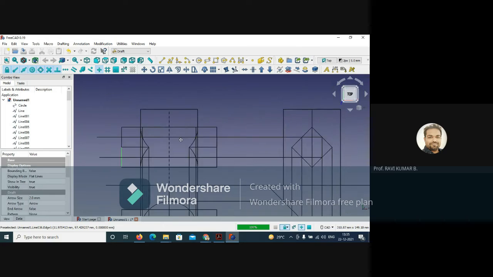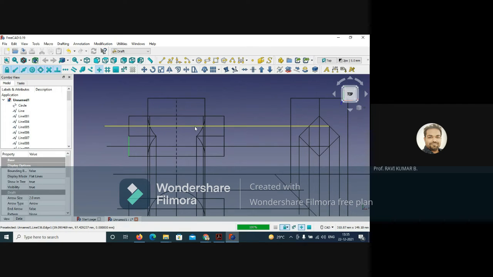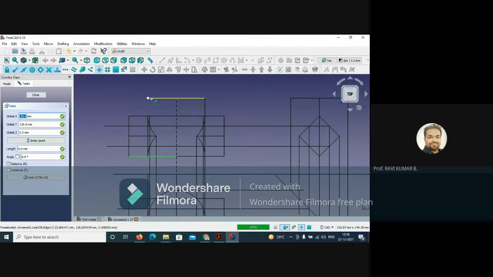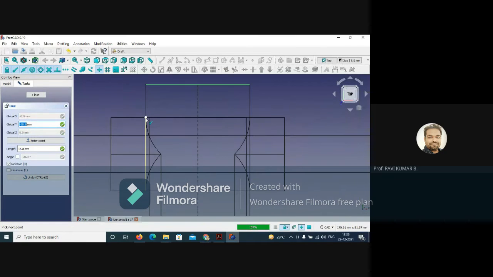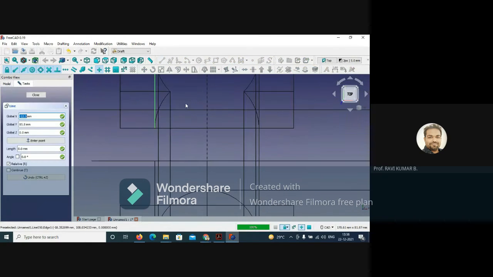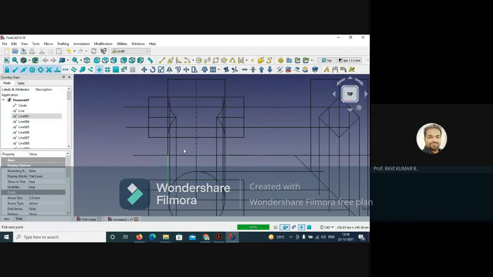Now this line, okay, you can do later on. The same treatment you have done here, right? You have to do on this side also. So extend this up to this point, extend this up to this point, then take the line command, finish it over here, take another line command, and connect this point up to this point.